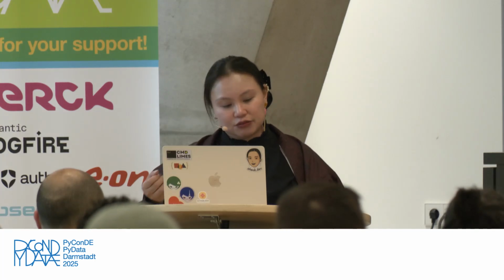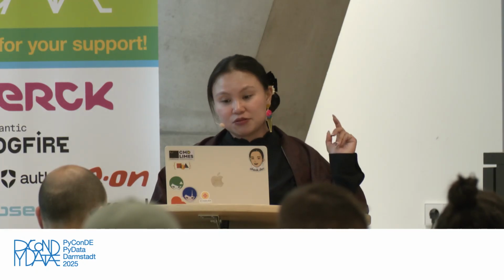So if you start any PyO3 project, the best way to start is to do maturin init. If you're following along with the material, you'll see step one, start a project with build settings. If you type maturin init, you will see a lot of files and